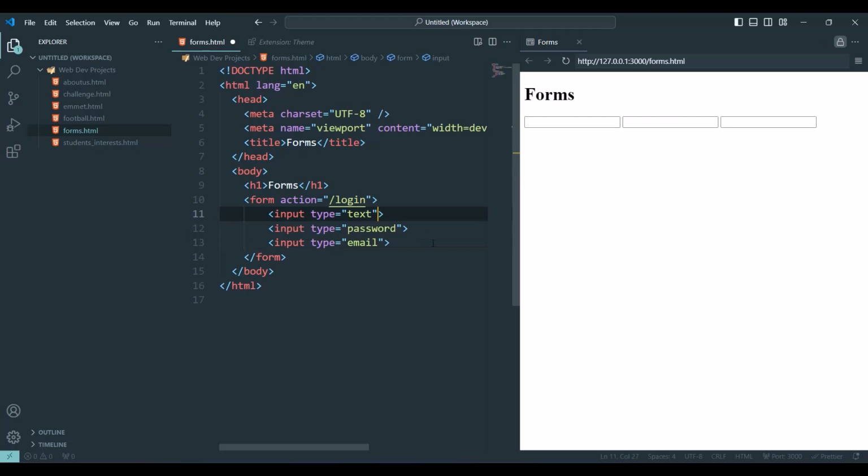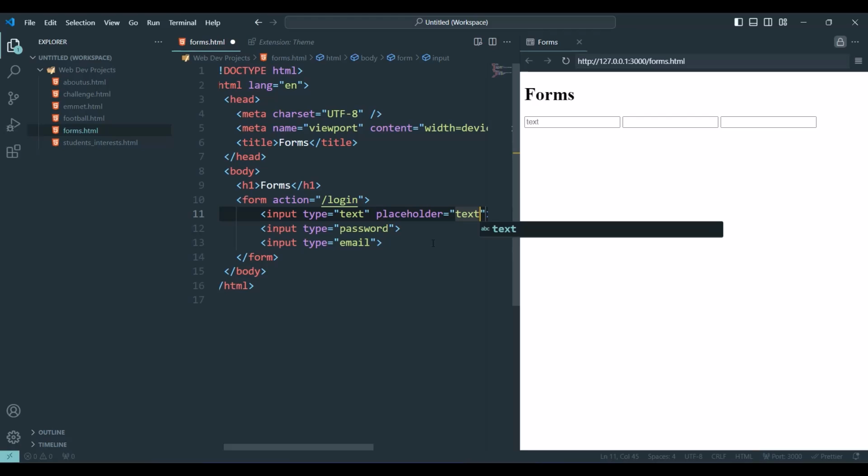Now, one other important thing that we can use, another attribute, is the placeholder. And the placeholder is some text which is gonna be shown if the input is empty. So if I type here, let's say text, as you can see, we have this here, and if I type something, it disappears. But it doesn't make sense to put for the text the placeholder text, so let's put it for password.